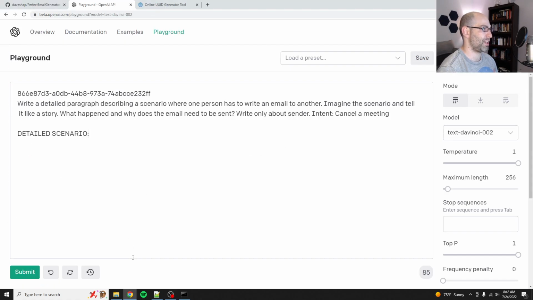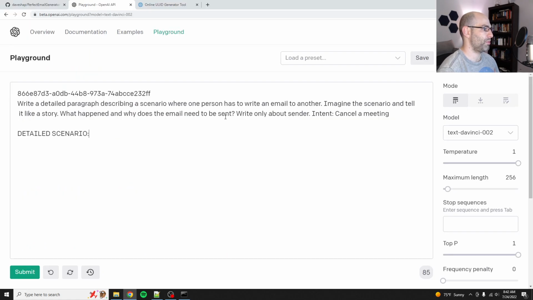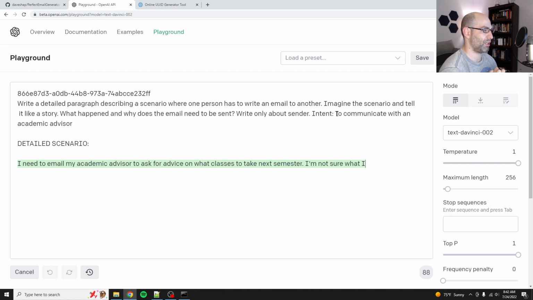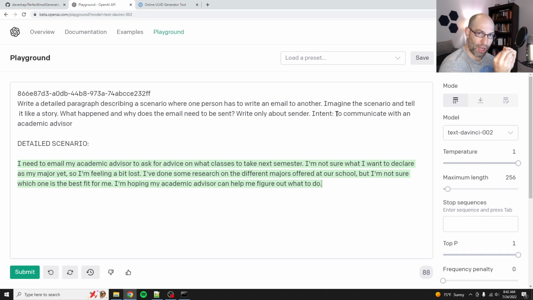So it is a little bit repetitive, but we've also got 90 different intents that we can use. Here we go. So let's just grab another random one, to communicate with an academic advisor, and detailed scenario. So let's see. I need to email my academic advisor for advice on what classes to take. I'm not sure. I'm feeling a bit lost. Oh, this is great. Perfect. Because you can imagine if you're communicating with an email bot, it might say like, "What is it that you're trying to do?" So we're gonna basically start with that brainstorm list of intents, and we're gonna expand them